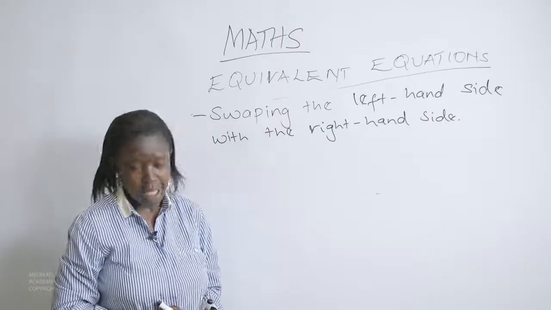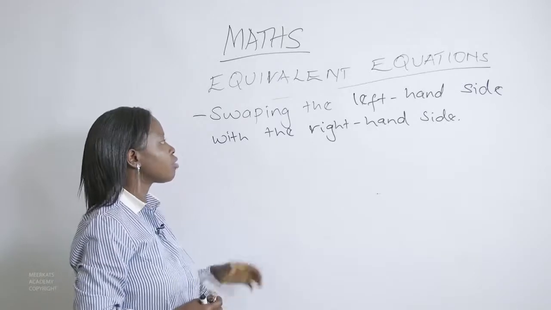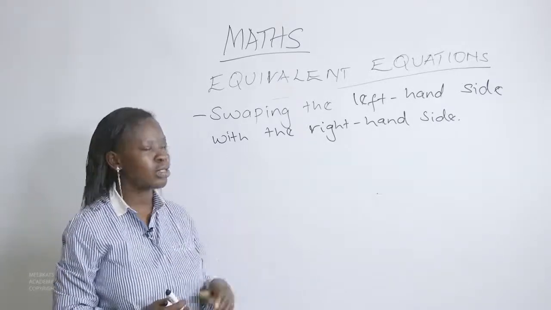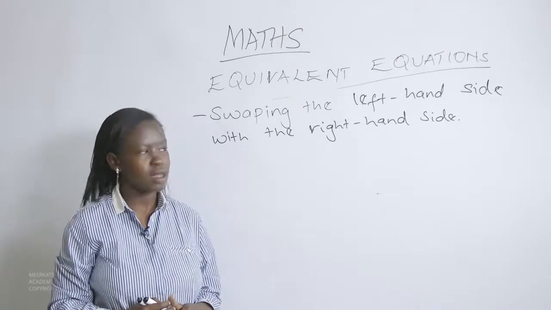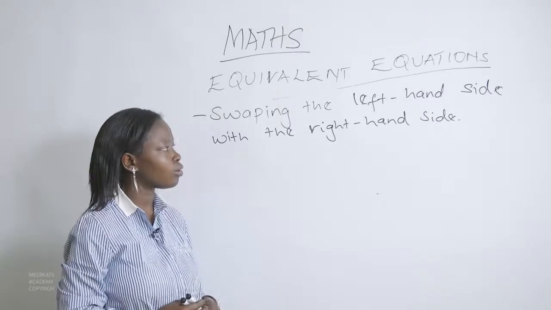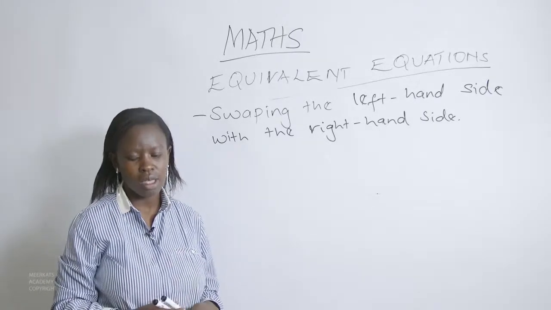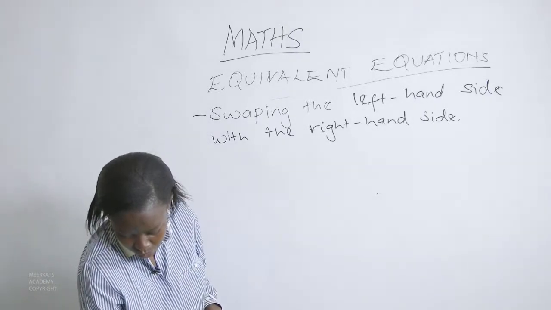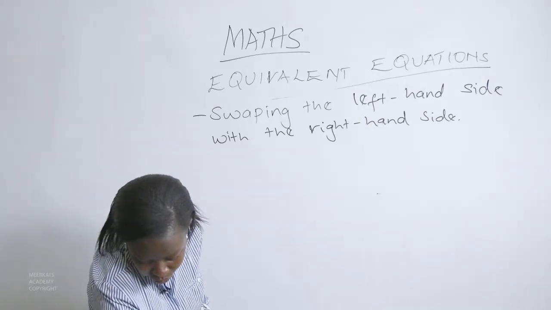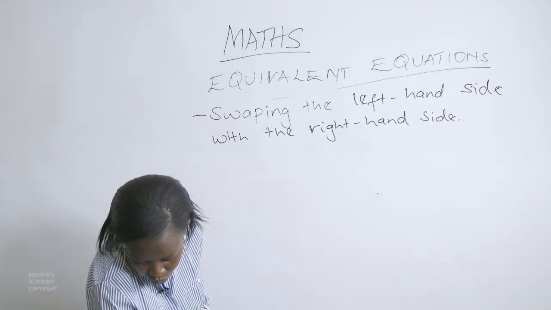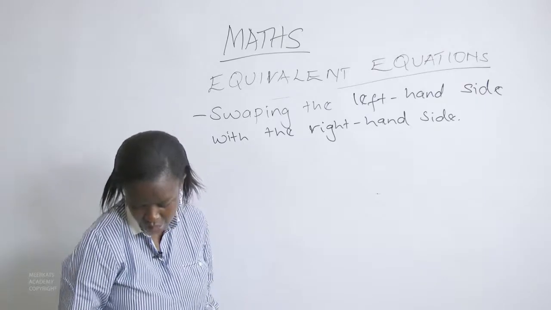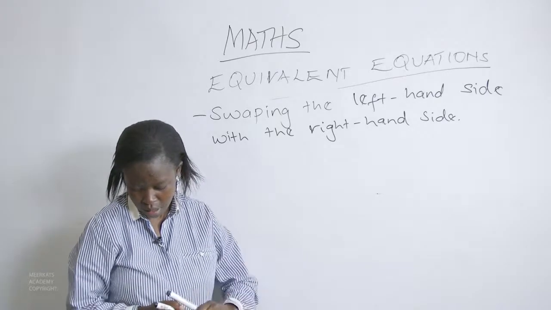If we have an equation where it is possible for us to swap the left-hand side with the right-hand side, then we are saying that the equation is suitable to be called an equivalent equation. What do we mean? We have an equation where it is possible for us to swap the left hand side and the right hand side. For instance,